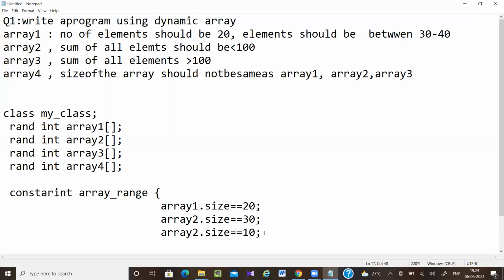Here I'm giving it 10, and array 4 should not be the same as array 2, 1, 3. So here I can write 25. It is not the same as all of these.